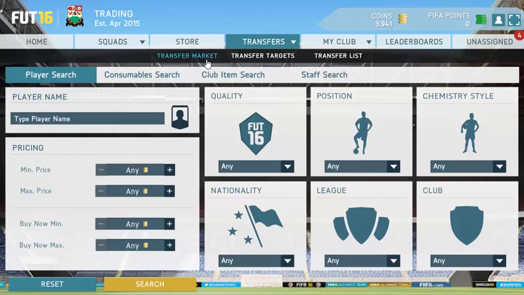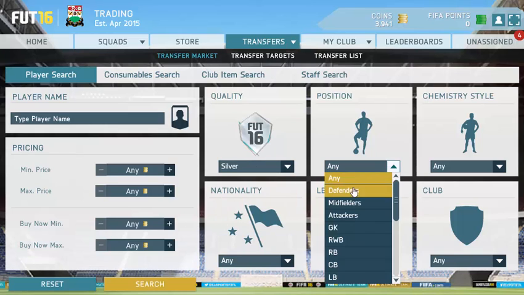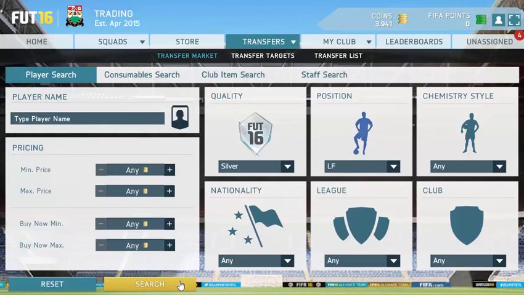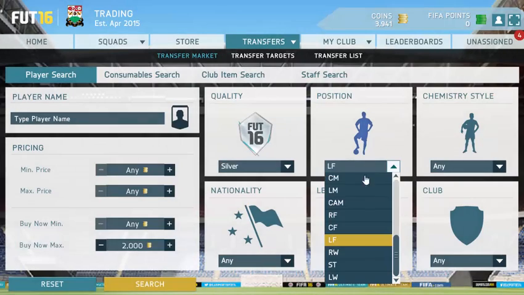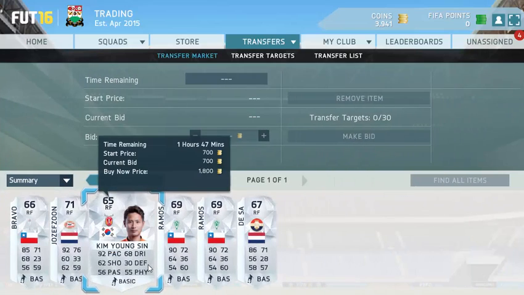Let's begin this huge trading guide, and this is going to be awesome. So the first method we're going to have a look at is the left forward and right forward trading method. Pretty much you guys want to go silver, and right now, because there's not really that many cards up on the market, left forwards and silvers, we're not going to put in the buy now maximum price. But if you guys are watching this video like 2 months after it's been out, put in the maximum buy now of 2,000 coins. There is going to be a lot more left forwards and right forwards on the market, and we're going to pick up some great looking players that of course have a good league